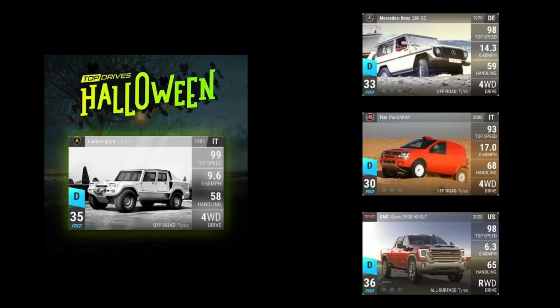1981, 99 top speed, 9.6 to 60, 58 handling, 4-wheel drive, off-road tires. This is a very interesting combination of crappy handling, mediocre 0 to 60, and off-road tires. So I put it up against the Mercedes-Benz 280 GE, which is way slower to 60, handles 1 more, but comes with, I believe, ABS and not traction control. So the 280 is going to definitely outperform the LM001 on all the twisty tracks due to being a lot lighter. I'm pretty sure the LM001 was like